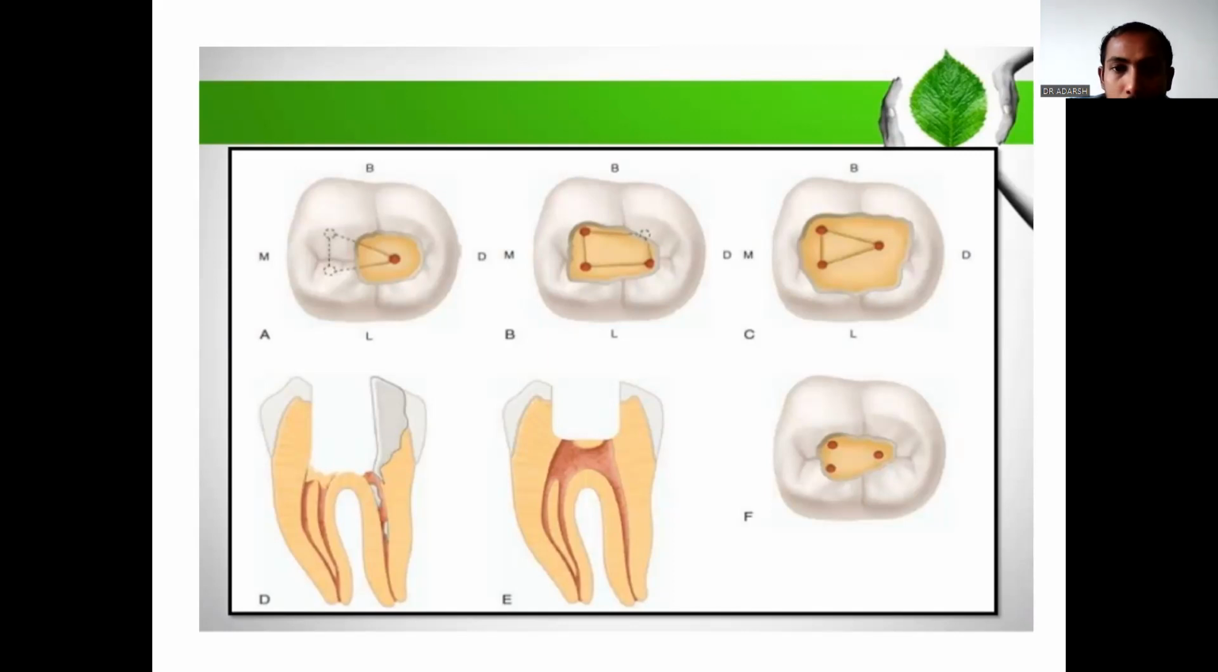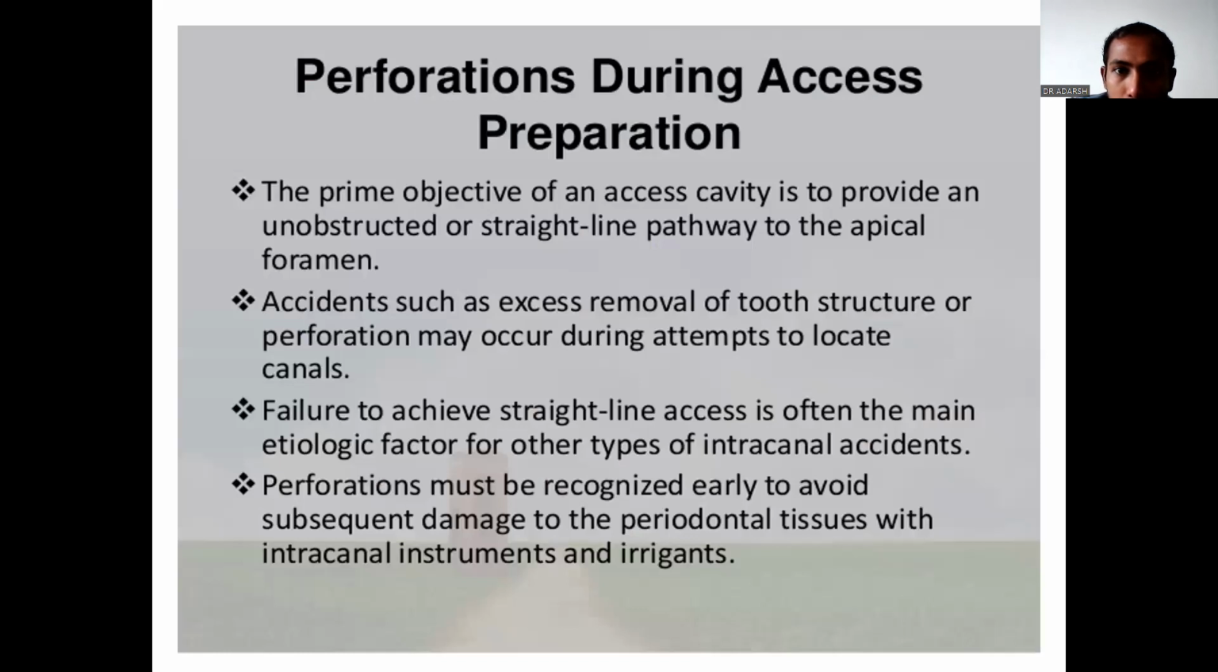We have to stick to the objectives of access cavity operation, that is obtaining a straight line access, conservation of tooth, and unroofing the pulp chamber. The third important error which may occur during the access cavity operation is perforation. The main objective of access cavity operation is to provide an unobstructed, straight line pathway to the apical foramen. So accidents such as excess removal of tooth structure or perforation may occur during attempts to locate